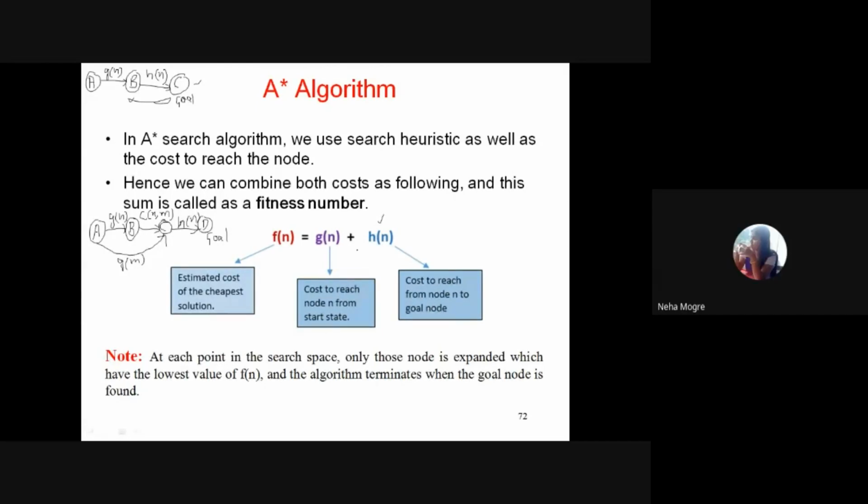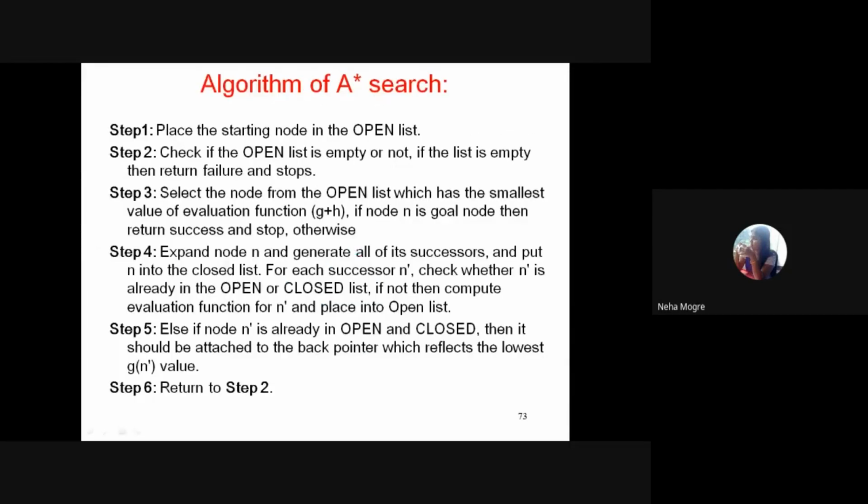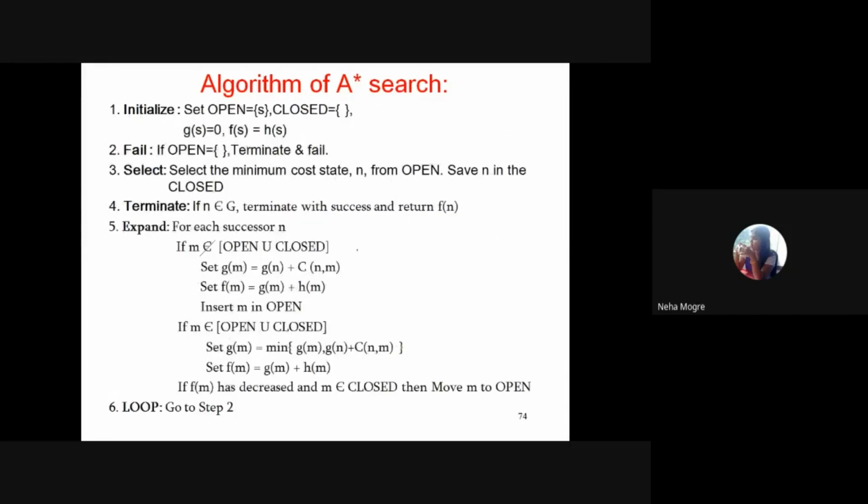So that is what is written here. I have already given you the algorithm. We will go by the algorithm. First, we will initialize the open queue and closed queue values. In the open queue initially, like in uniform cost search we have seen, there will be a start node. So initially in the open queue there will be S, S standing for the start node, and in the closed list nothing will be there.